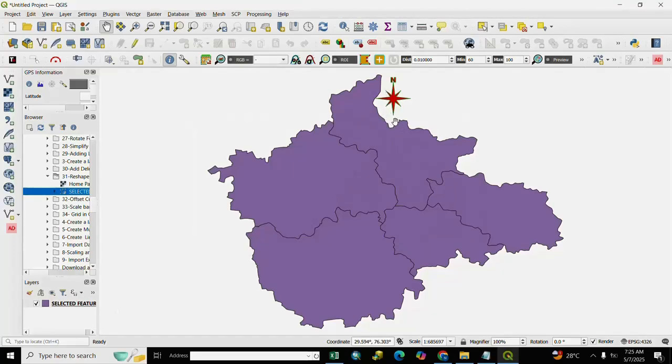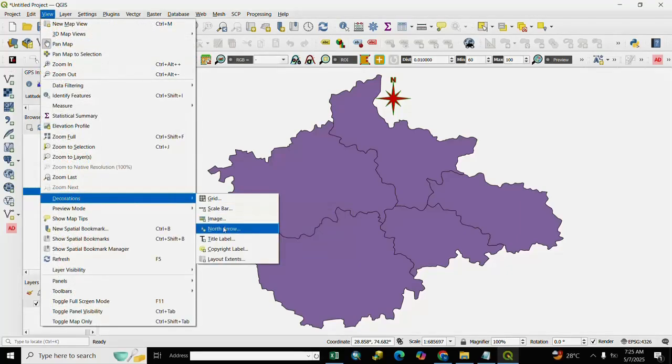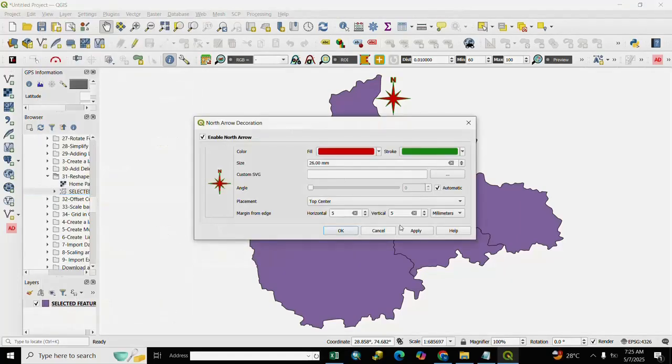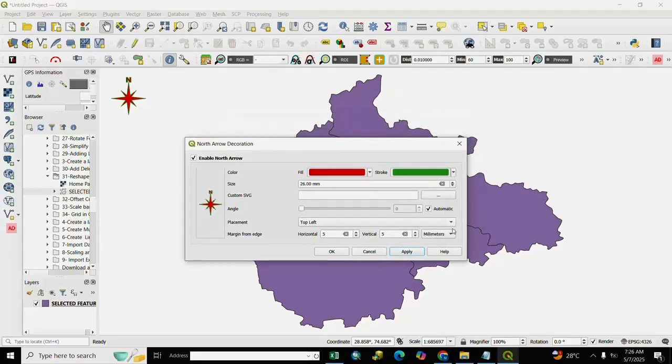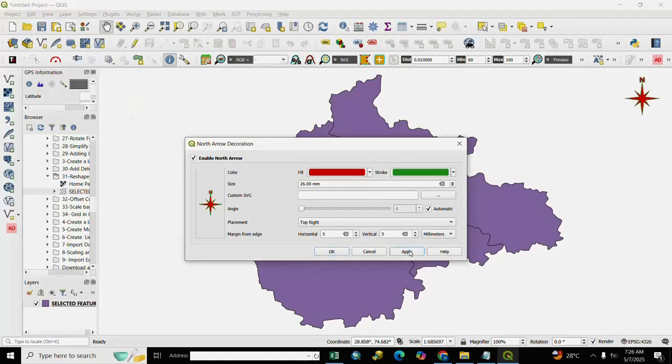If you want to modify it, go to again view, decoration, North Arrow, and we adjust it top center, top left, apply. You see here left, and other right, you select here right, apply.